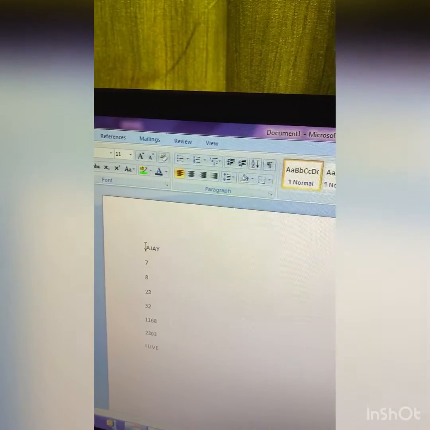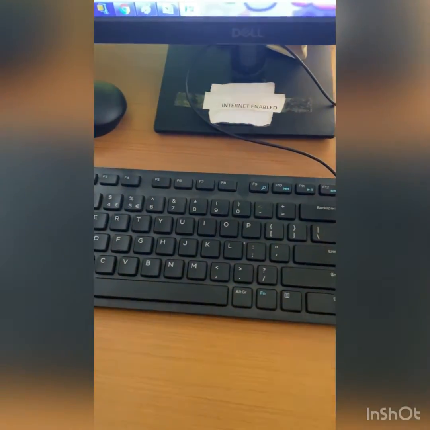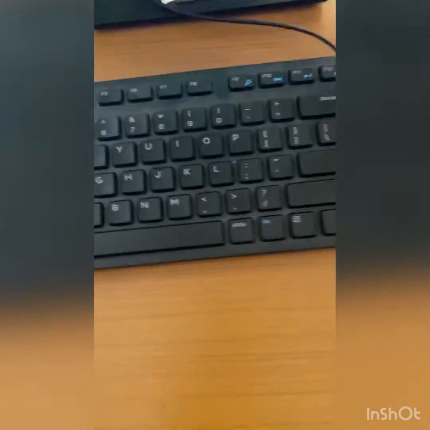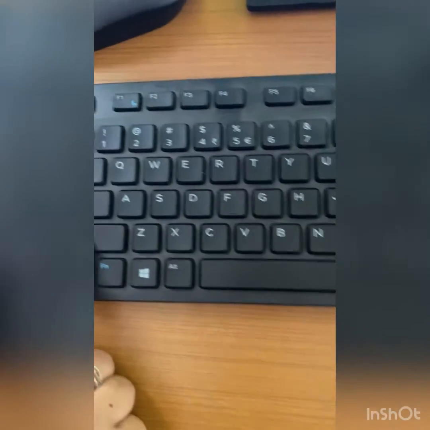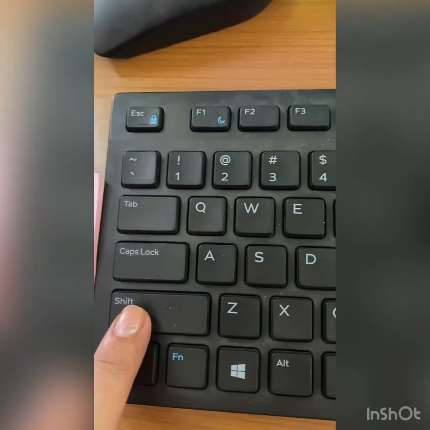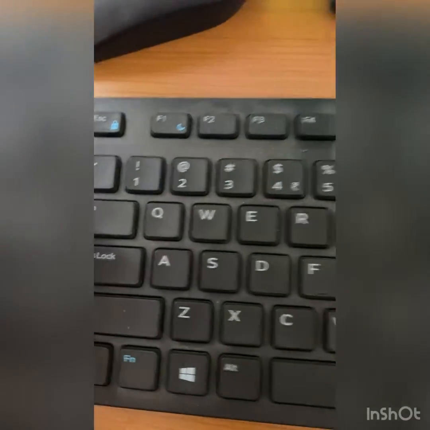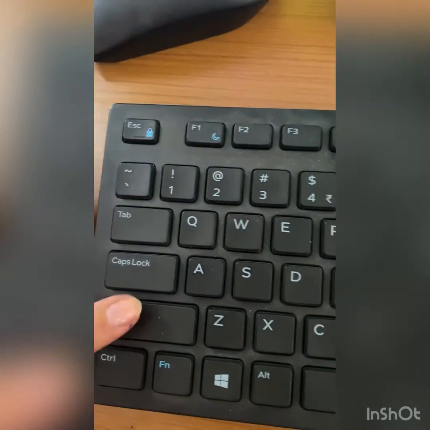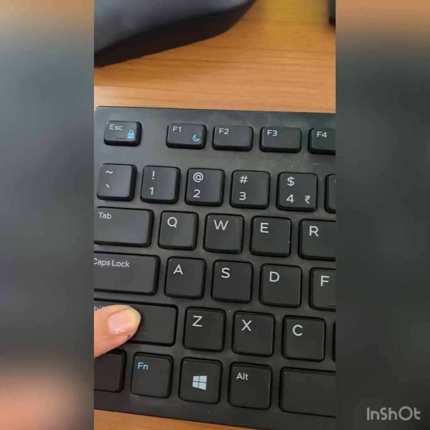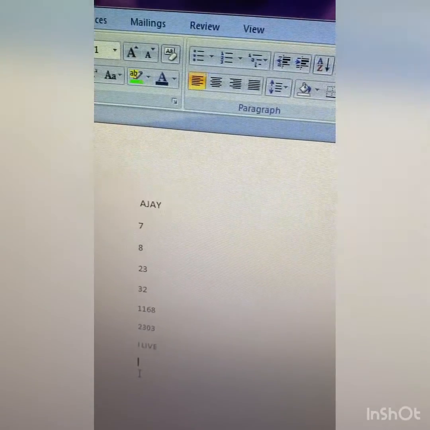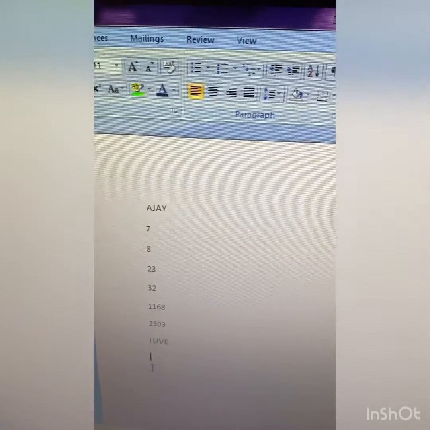Now next is the combination keys. In combination keys, shift. This is the shift key. See everyone, this is the shift key. If you want this exclamation mark, just press the shift key and press 1.